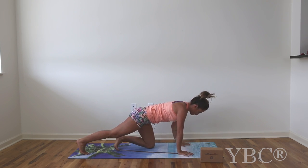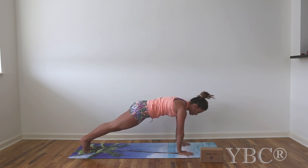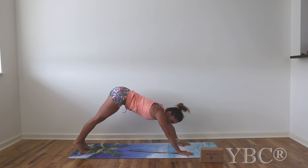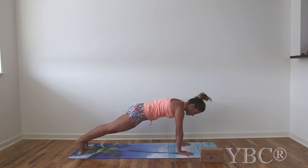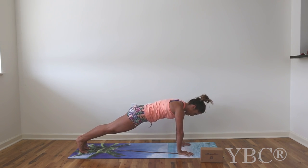So spread your fingers as much as you can, press evenly into your palms, extend your legs back behind you, a little round in your upper back, and try not to sink your hips and try not to lift them up too high. So shoulders over your wrists, and breathe here for 10, 9, 8, 7, 6, 5, 4, 3,